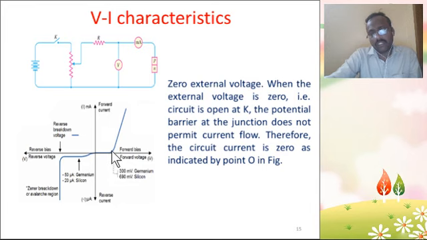After this point, once the barrier breaks down, the movement of electrons is very fast, so the current increases very rapidly. So it is a non-linear manner. After that, we are not increasing the voltage, only the current. So this is the reverse biased condition.